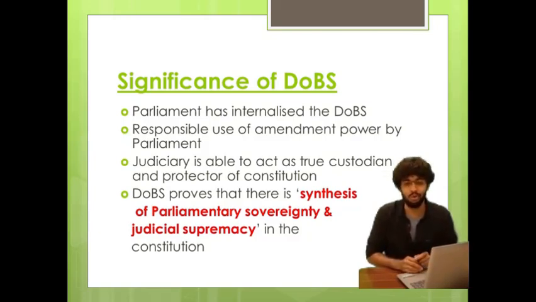Now the government knows that even if it commands an absolute majority in the Parliament, it cannot pass any acts and it cannot introduce any bills that could potentially violate the doctrine of basic structure, as the government knows that any such potential bills that would violate the doctrine of basic structure would be declared invalid and void by the judiciary. So in a way, we can say that the doctrine of basic structure has made the government as well as the Parliament more responsible and mature in their functioning.